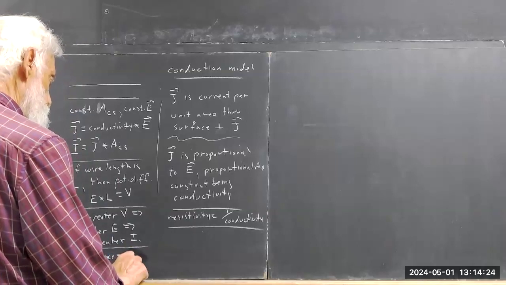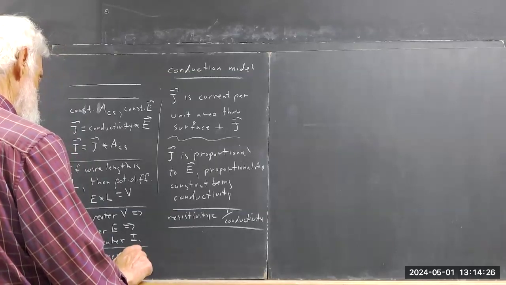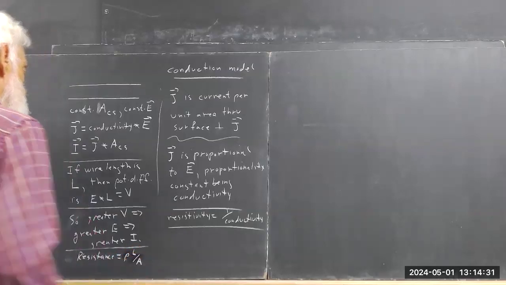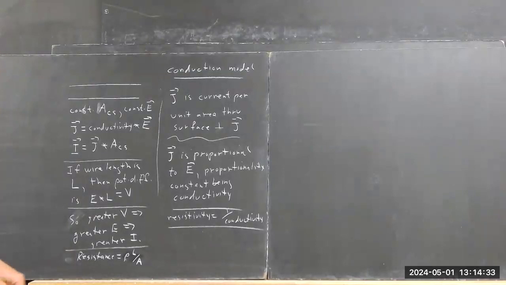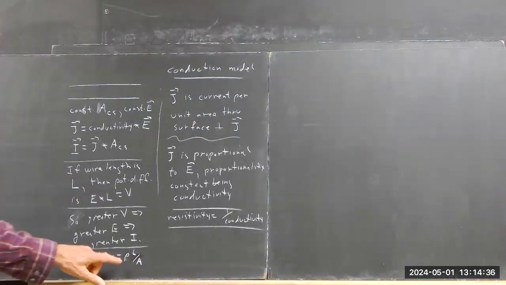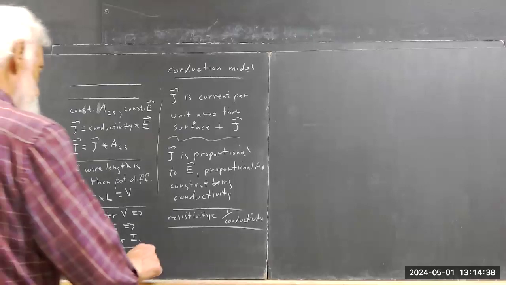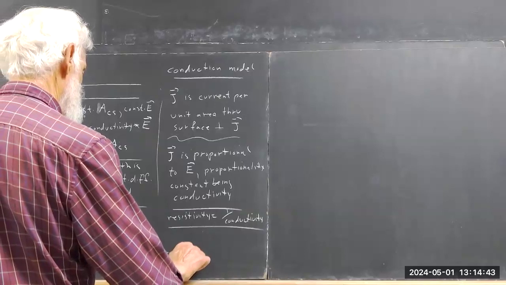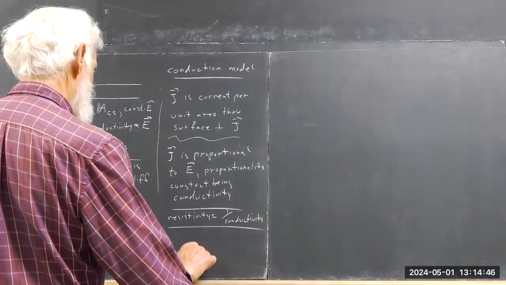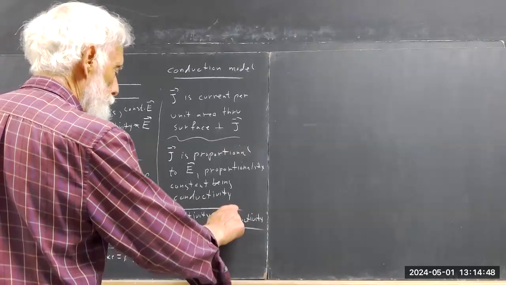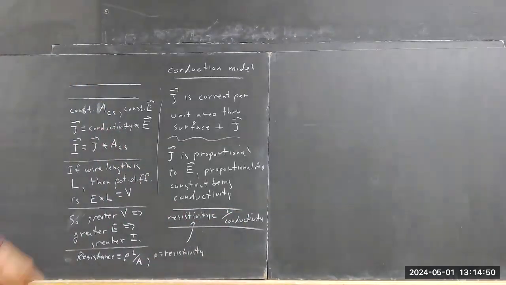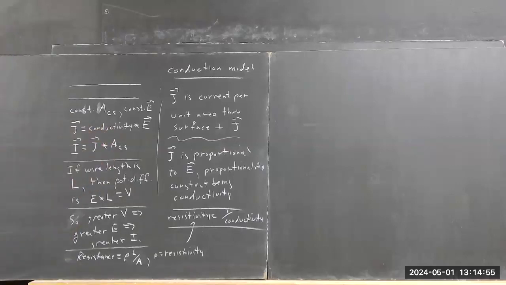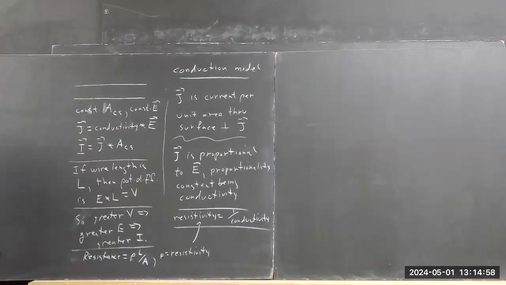Write things down without thinking. Actually, I wrote it down, right? Okay. Resistance is rho L over A, where rho is resistivity, which is just simple conductivity. Conductivity is related up here. And you put all this together,